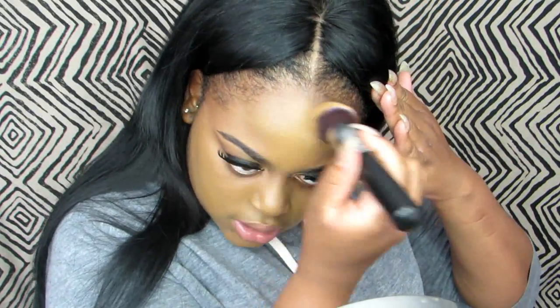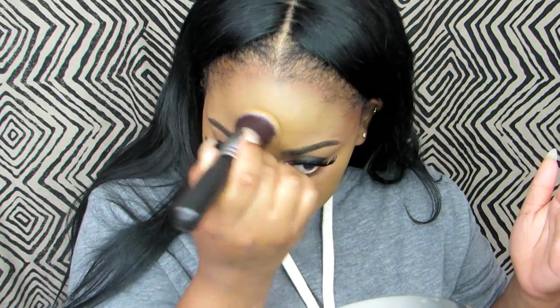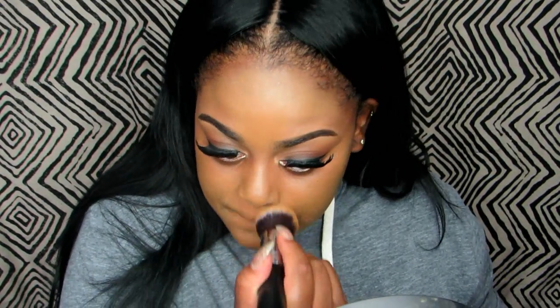Okay, so I'm done applying my foundation. Definitely matches me. Again, it looks so yellow on the camera in my viewfinder. I don't know how it will translate onto my computer or whatever, but I promise you, it's really not that yellow on me. Anyways,